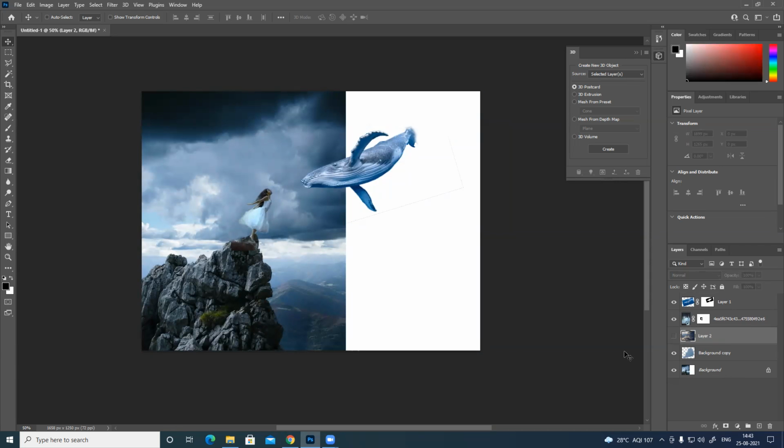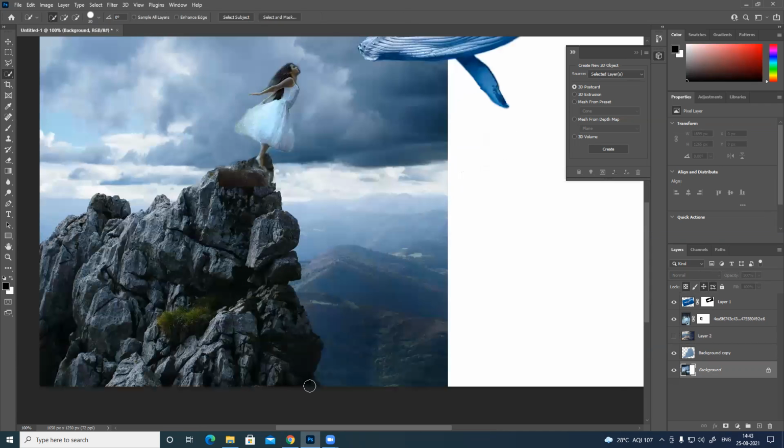Here I can just simply use magic wand. Entire thing is selected.